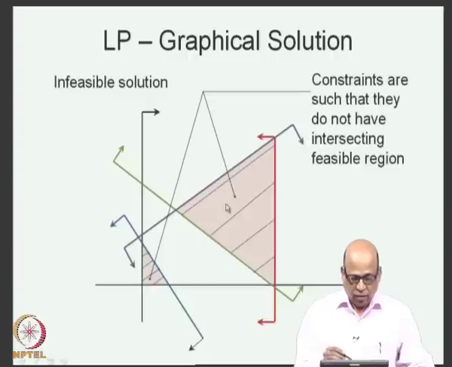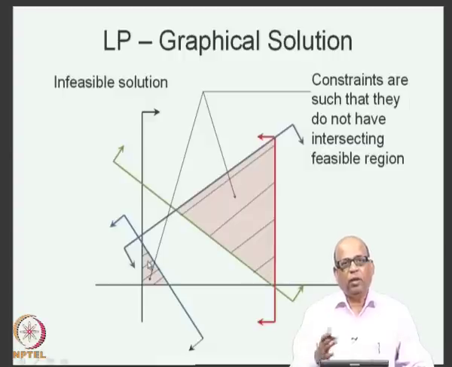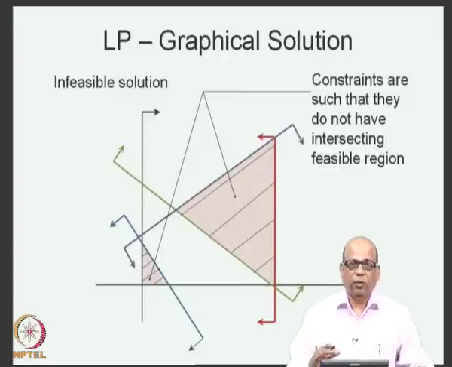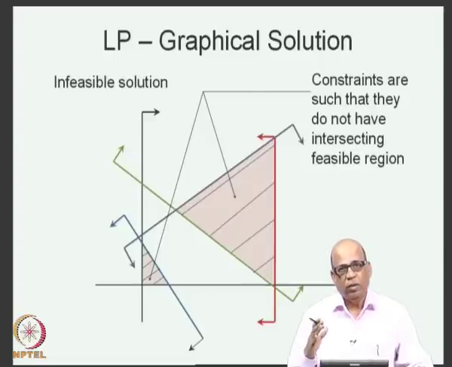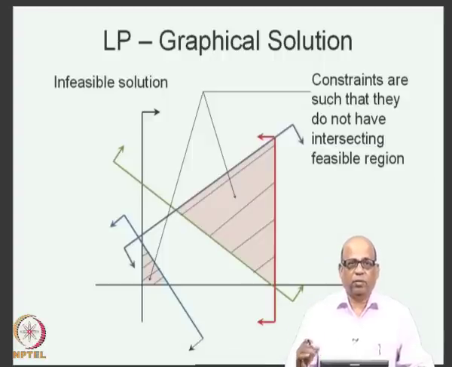Another case is where you may have some intersection possible with certain constraints, some other intersection possible with certain other sets of constraints, yet together they do not form a common intersecting region. Such problems also lead to infeasibility. In general, when you have infeasible solutions, it means again that some of the constraints that you have formulated are inconsistent with other constraints, and therefore, you need to look at the physical problem and see whether the constraints have been correctly formulated associated with the physical problem.